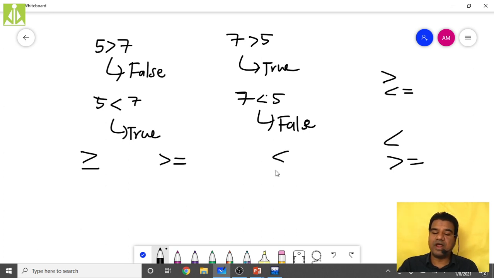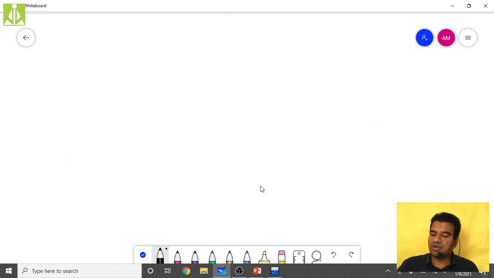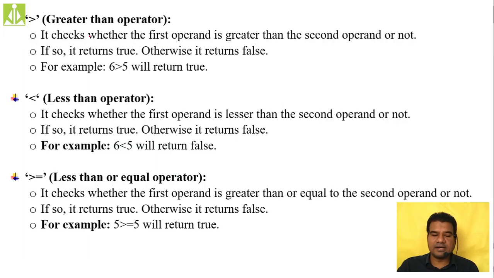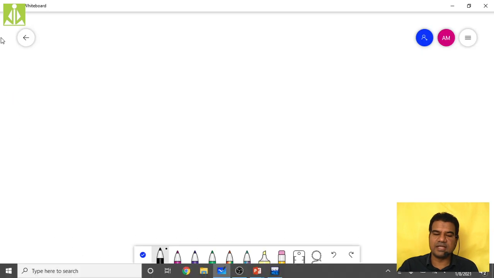In the same way, to frame less than or equals to, how do we do it? First you write less than, then you write equals to. Less than or equals to. These types of things we have in your mathematics. Don't think that we are discussing them for the first time. We have discussed less than and greater than, and now we are discussing greater than or equals to.